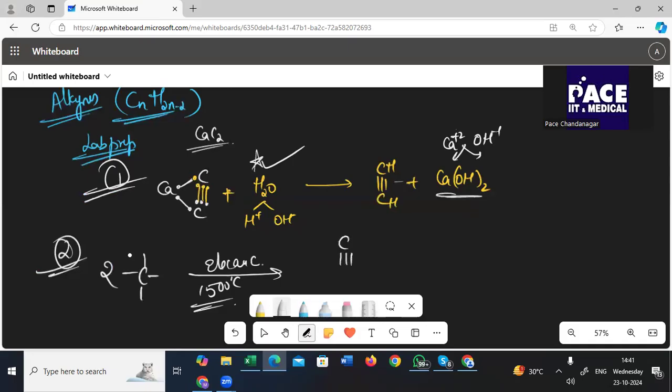Now I have C triple bond C with CH and CH here, plus 3H2 there. See, all these are hydrogen. Now you can see the balancing part also, it is done, right? So you have to go definitely with your balancing whenever you write your equation. Also your understanding of that equation also to be written for good marks, I would say. Next, coming up with properties, chemical properties of this